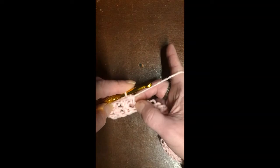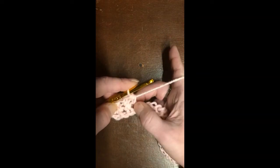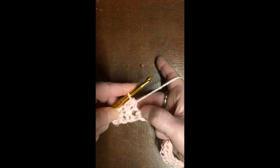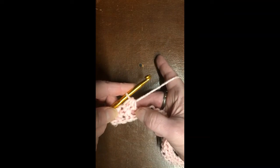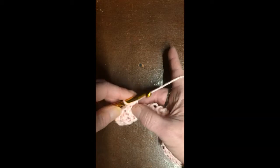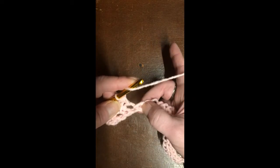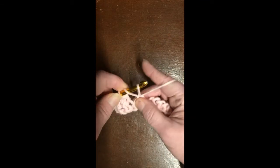So as you can see, you have the post and the end. If you're right-handed, yours will look a little different because I'm left-handed, as you can see. So I'm going to show you how to do it a couple more times. We're going to skip a stitch, half double crochet in the next stitch,